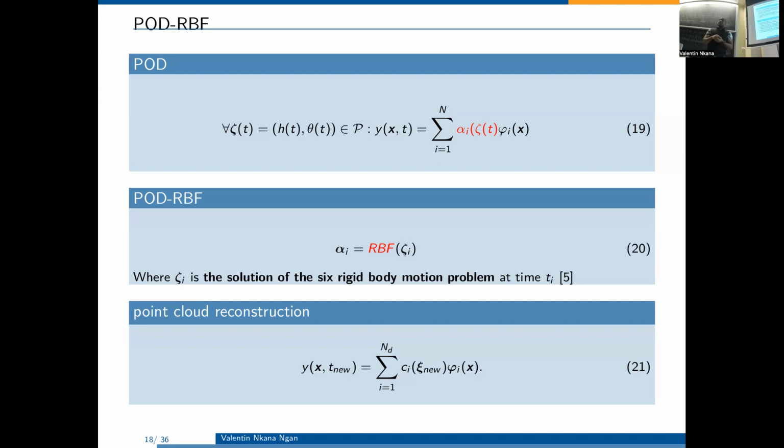So at the online level now, remember that the modes are fixed, so we don't care about them. At the online level, every c new, the c new here is the parameter that we obtain online. So every time we obtain a new parameter online, we are able to calculate the predicted coefficient with the radial basis function thanks to those weights that we obtained offline. So by doing that, we are able to reconstruct the grid of the mesh every time.